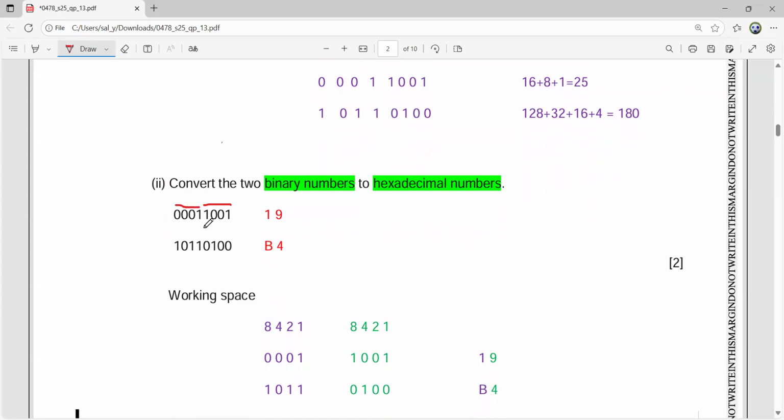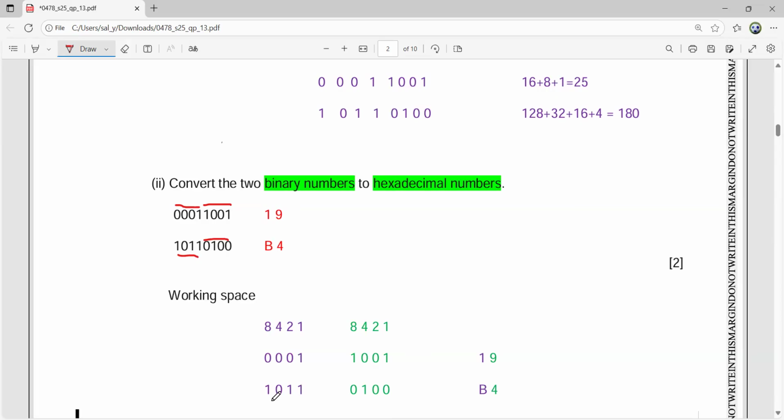This is the binary for 1, as shown here, 1248. And this is the binary for 9, as 8 plus 1 is 9. And for the next one, you can see this is 1011 and 0100.